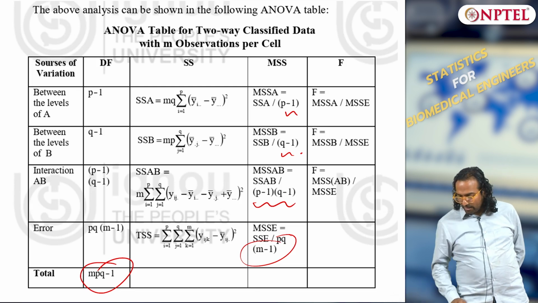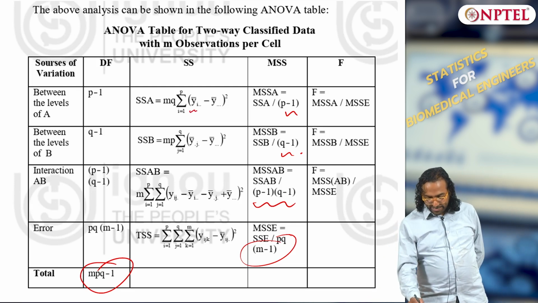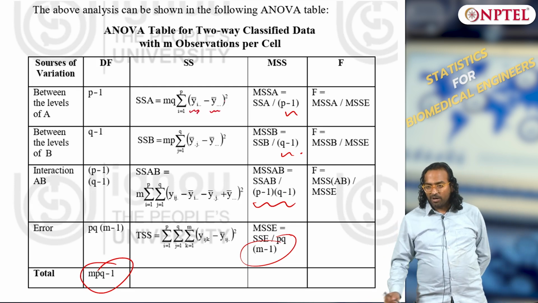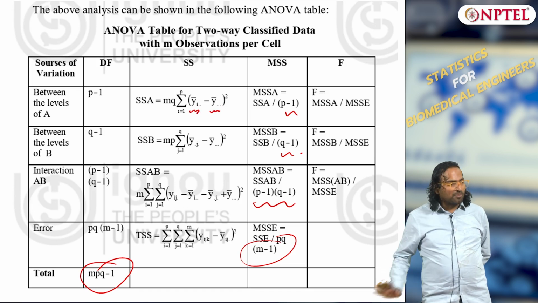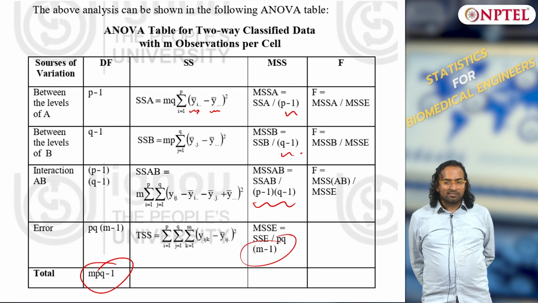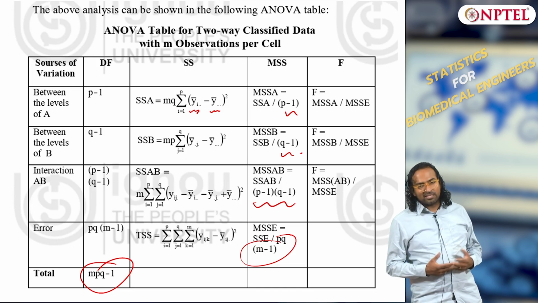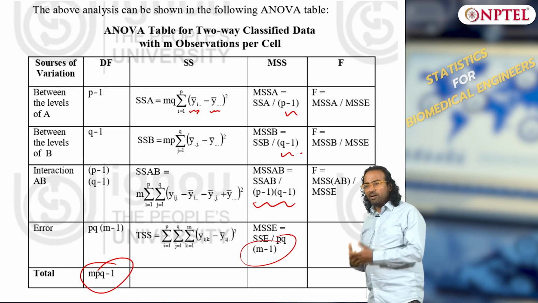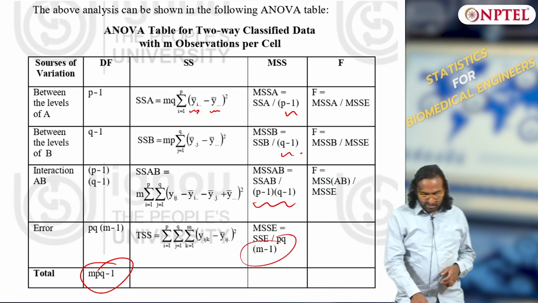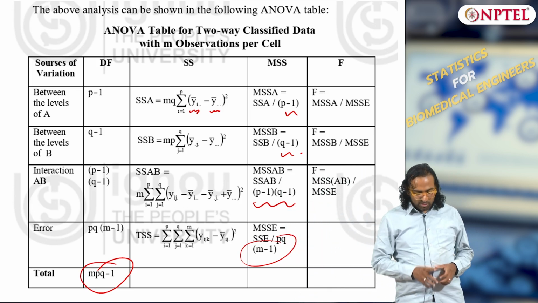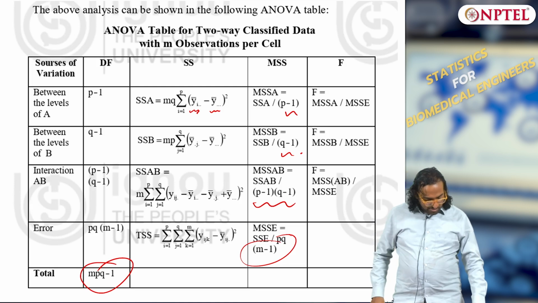So what is sum squared A? This is what we have: yi dot bar minus y bar dot the whole square. That is what my sum squared A is, right. Not very difficult to compute, you can directly use this formula. That is why I said you do not need to have a formula sheet or anything. If you understand, you should be immediately able to write for sum squared A, sum squared B, as well as AB, right.